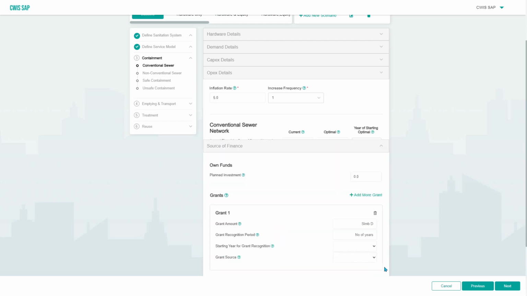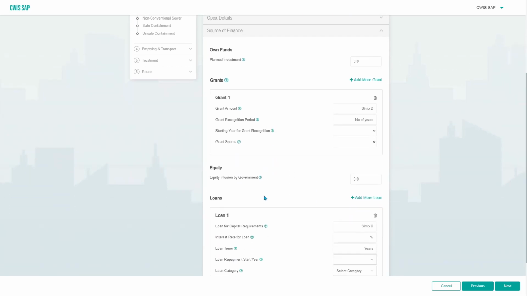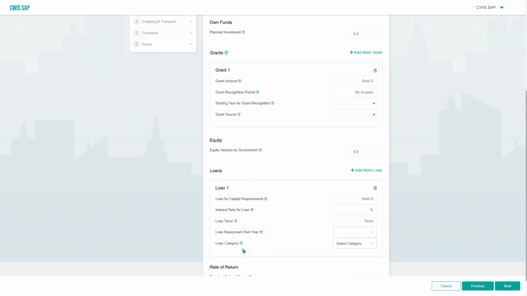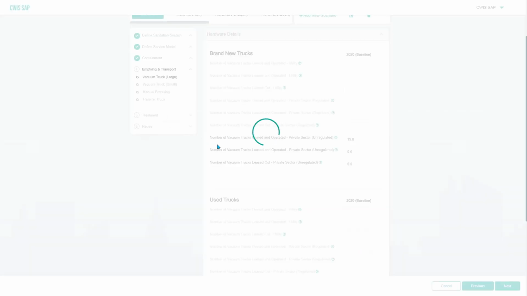In the source of finance, we can add different funding available or planned. The source of finance can be either grants, equity, loans, or own funds by themselves. These funds can cover both the capex and opex. In case the source of finance is not clearly identified at this stage, it can be revisited at a later stage. Similarly, as we move towards the hardware section under the emptying and transportation category, the tool allows you to